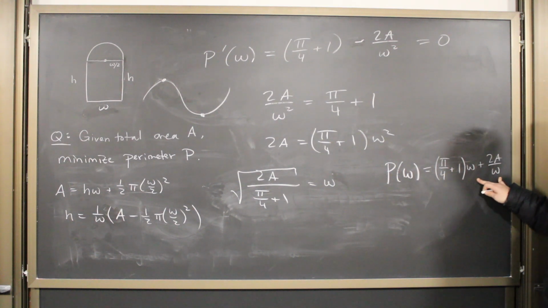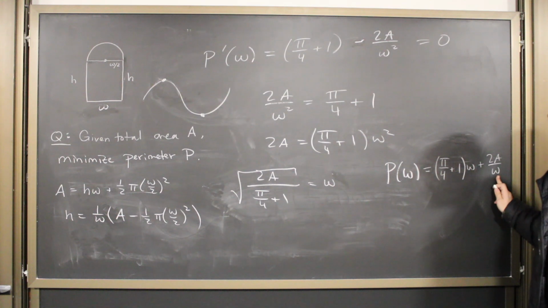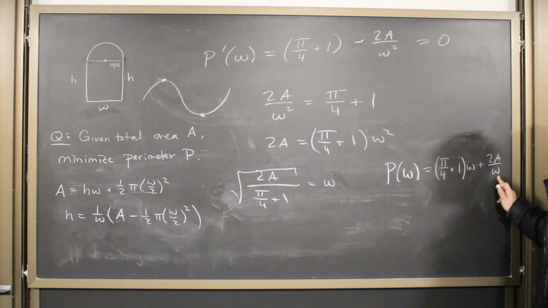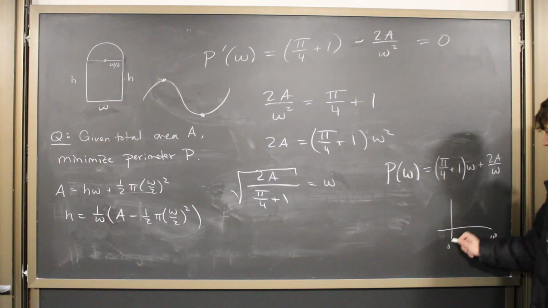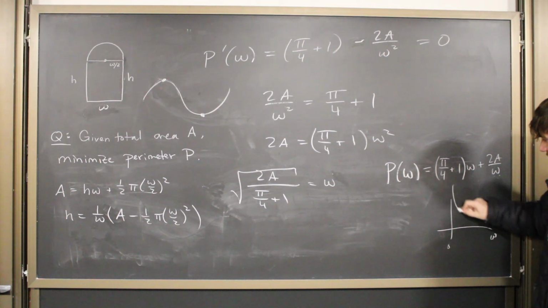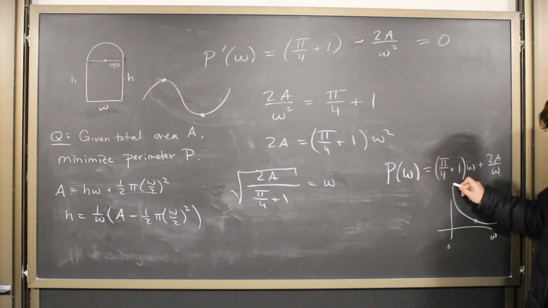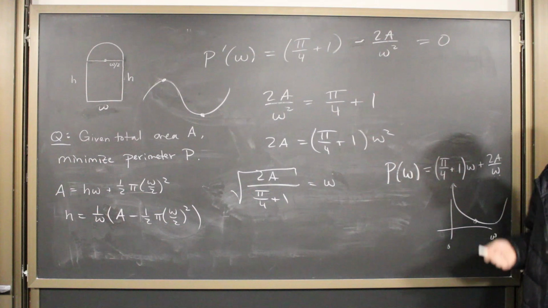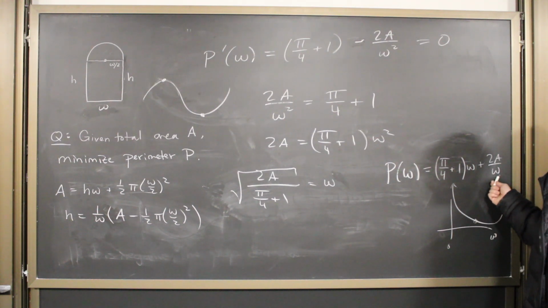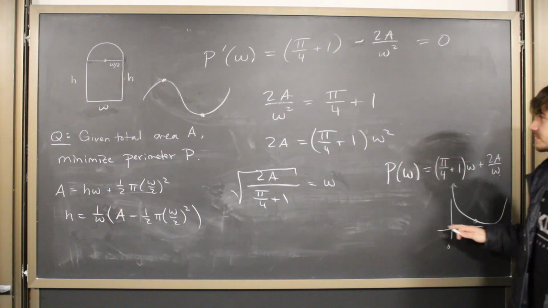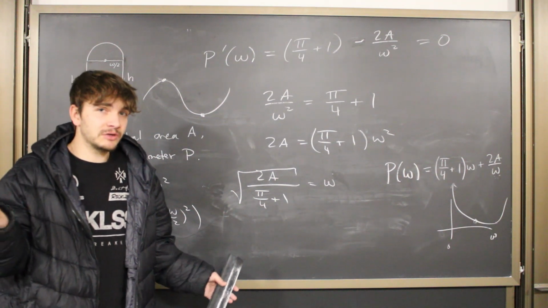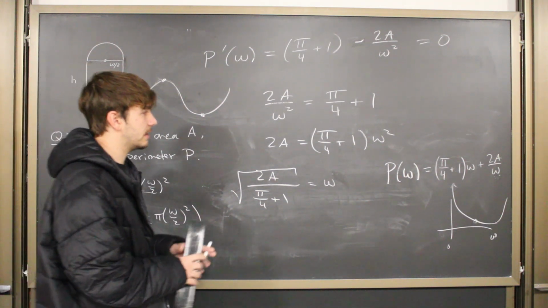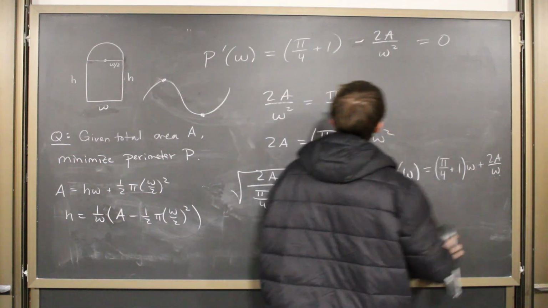And so if I look at this function, when w is really small, this is blowing up because I have 2a over a really, really small number. So if I draw the graph here, when w gets close to 0, this term blows up. So the function kind of looks something like this. It's impossible for me to have a maximum because this function is blowing up to infinity for w small. So what that tells me is that if I get a critical point, it has to be a minimum because there is no maximum of this function. It's going off to infinity. Okay, a more rigorous way to check this would be to